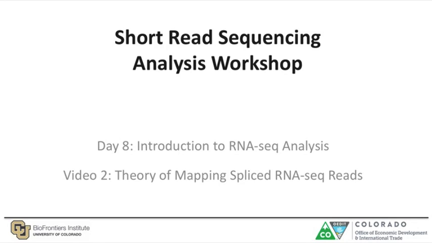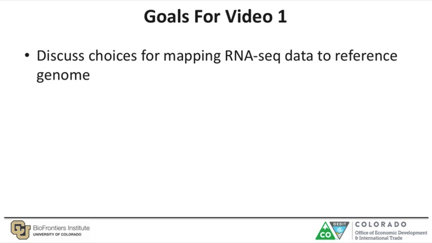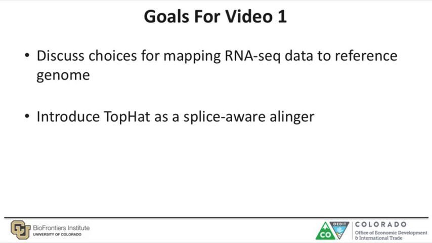In the previous video, we introduced RNA sequencing as a method that sequences fragments of RNA instead of DNA to perform transcriptome profiling. In many cases, you will need to use a different approach to mapping RNA sequencing data than you would for DNA sequencing data. This video will discuss the different options for mapping RNA-seq data back to the reference genome and will introduce the splice-aware aligner known as TopHat, explaining what it is, why we need to use it, as well as how it